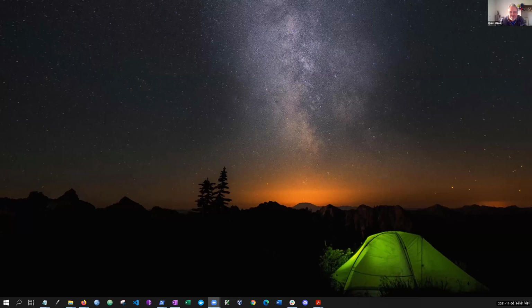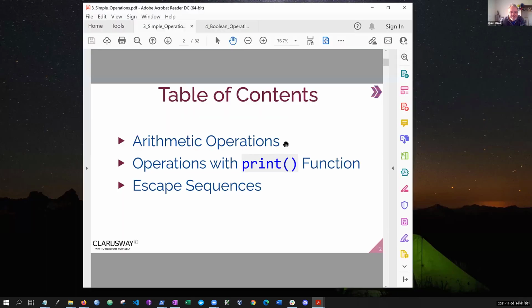Last time we talked about some basic operations you can do with Python. We talked about the different arithmetic operations, right? How we can use the plus and the minus and the equals and parentheses and a lot of other arithmetic operations. And importantly, we learned that